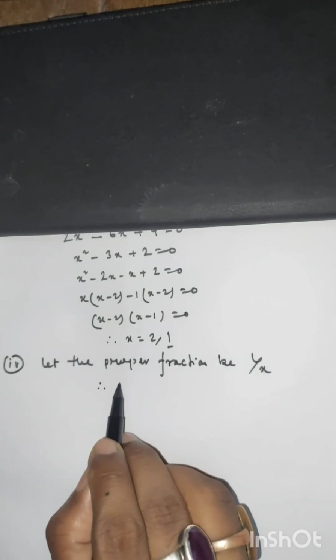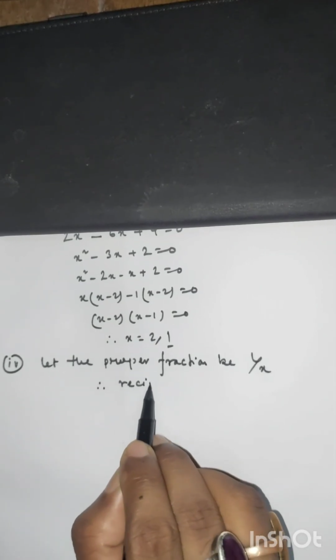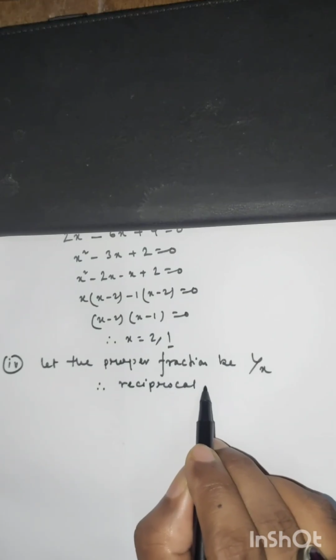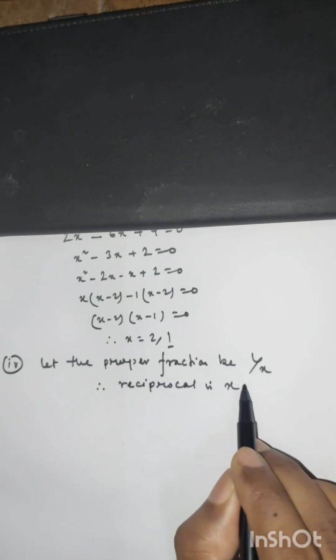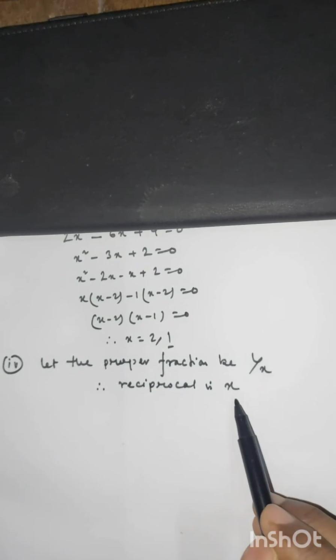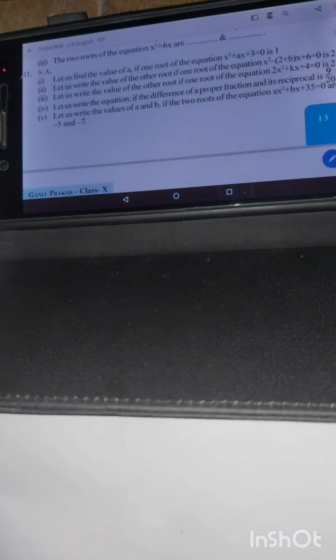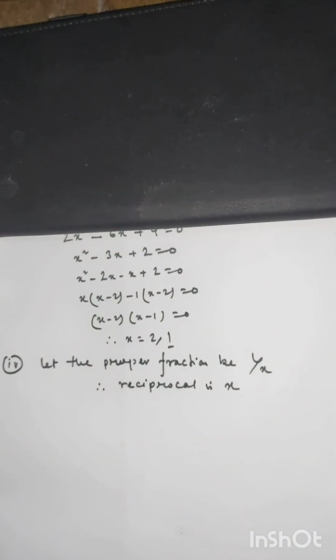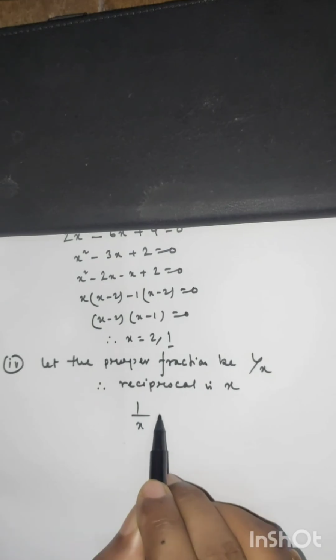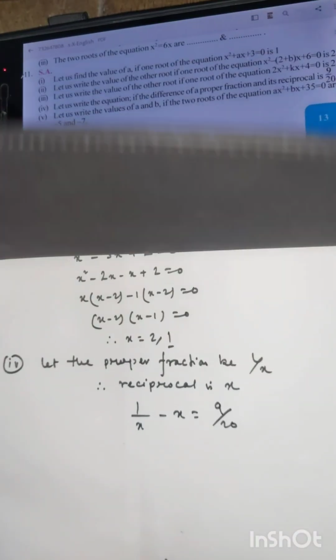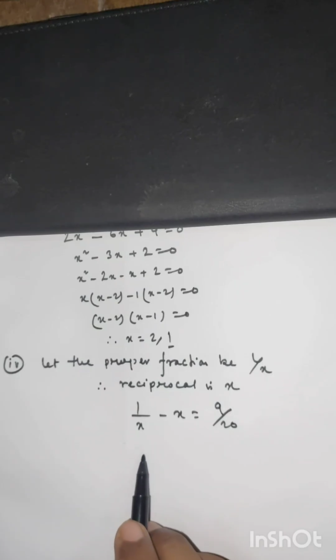Therefore reciprocal is equal to x. Reciprocal of 1 by x is x, so difference between them is 9 by 20. This is our question. So if we solve it,